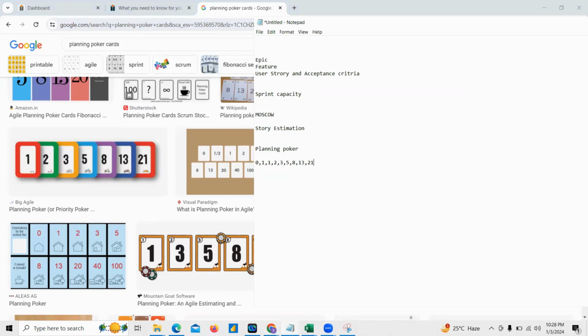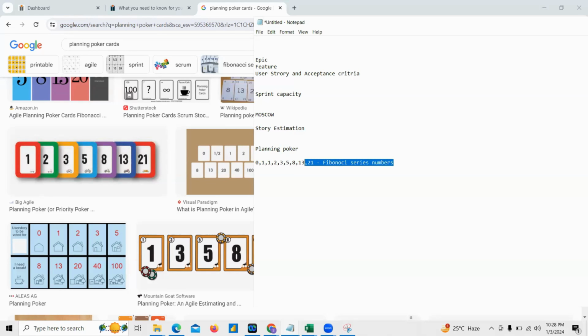So how are we deriving these numbers? 0 plus 1 is 1, 1 plus 1 is 2, 2 plus 1 is 3, 3 plus 2 is 5, 5 plus 3 is 8, and so on. So this series of numbers is called the Fibonacci series.